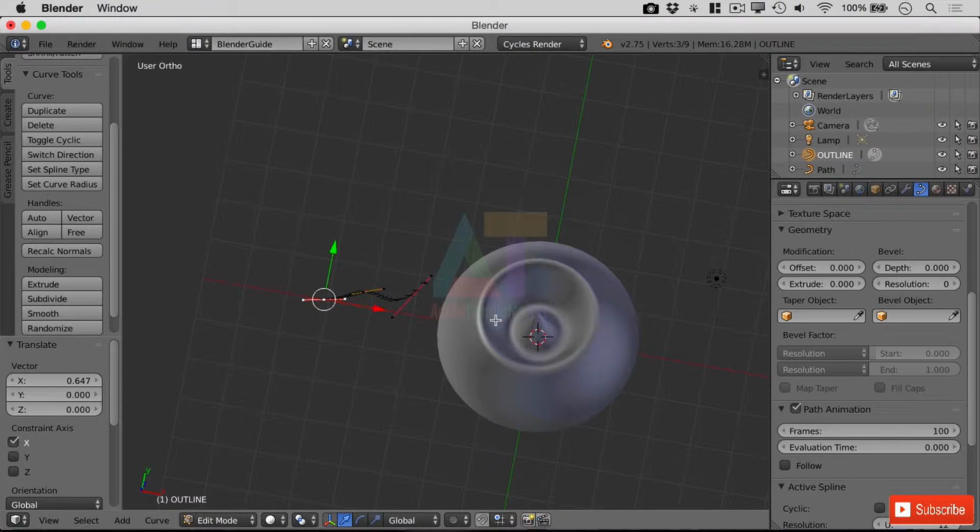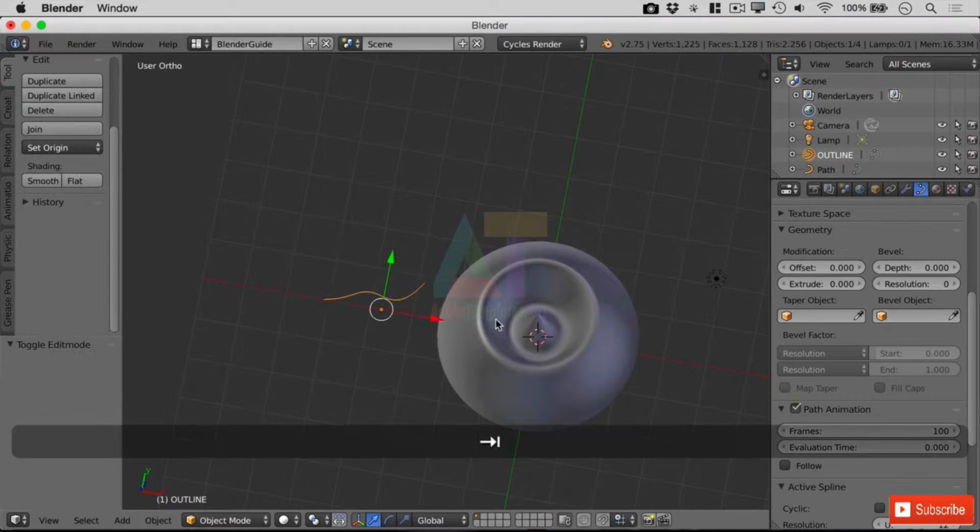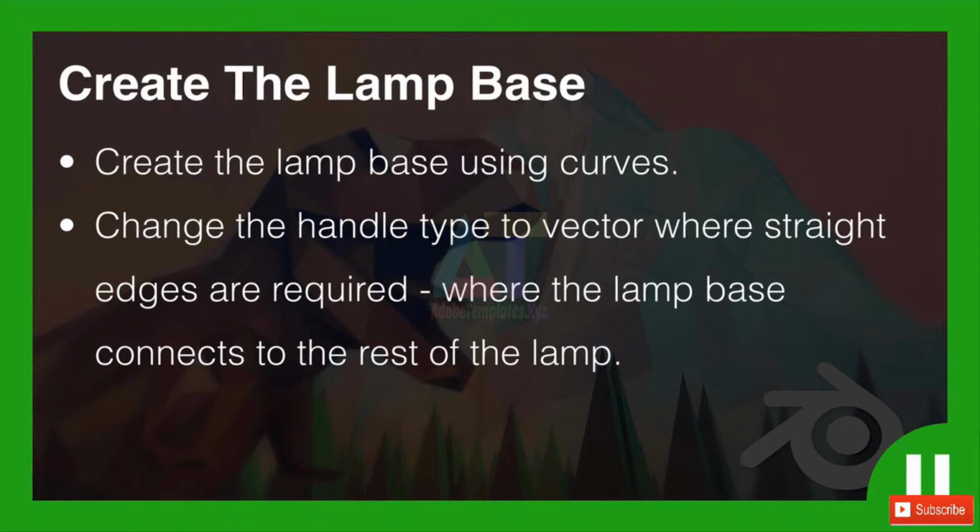Anyway, I've got a challenge for you guys. I would like you to create the lamp base. So go ahead now and create the lamp base using curves. Change the handle type to vector where straight edges are required, if you want any straight edges, but there is definitely going to be one, and that's where the lamp base connects to the rest of the lamp. So you're going to have a hole at the top of the base where the rest of the lamp's going